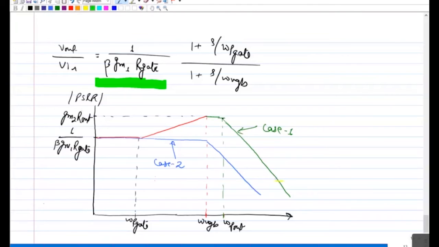So let's say your ripple frequency falls somewhere here in this region. So you will get a separation, but then again, in order to do this you have to reduce the UGB a lot. And in that case, the capacitor requirement at omega P gate will be very high, and then again it will be as good as making the output pole dominant, so you may not get much benefit. And assume that your input supply has multiple frequencies, then it may be a problem, because you have a bump here, and this bump will cause a problem.